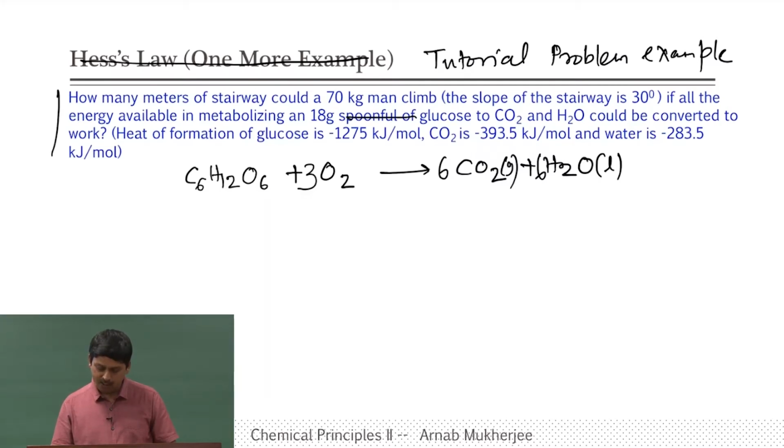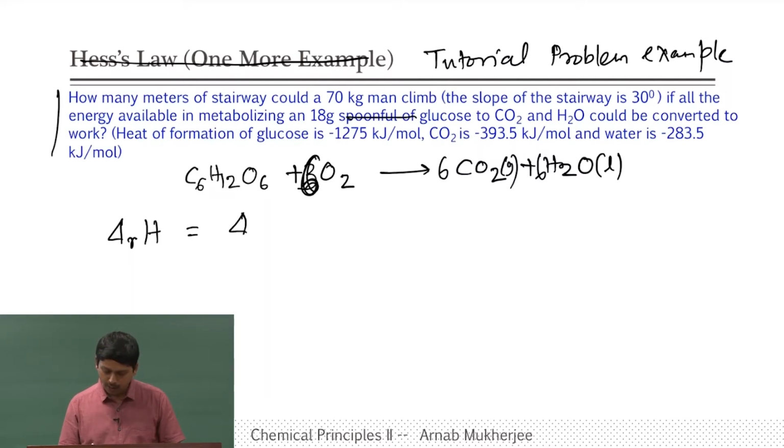So, 12 plus 6, 18 oxygen, we have only 6. So, we need 12. So, this will be 6. Okay. So, now this reaction is balanced. Now, in order to get the enthalpy of this reaction, we need to have enthalpy of formation of